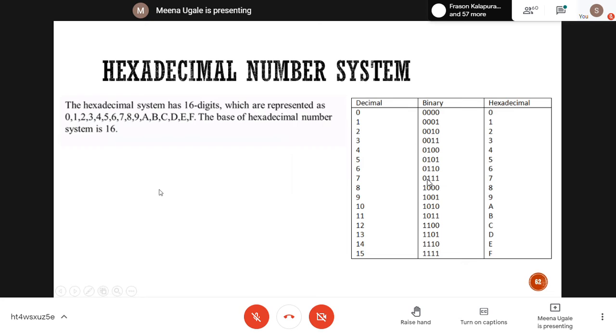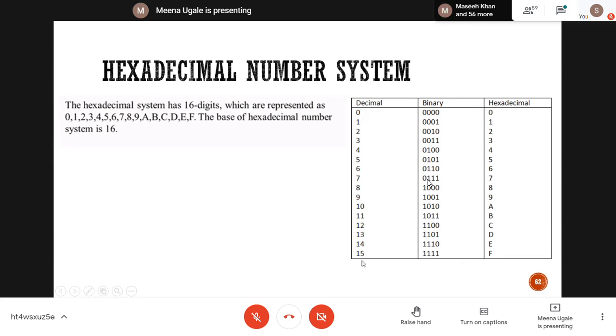Now the last point is there. We have 10 minutes. We will finish it up. Hexadecimal number system. In hexadecimal, we start from number 0, 1, 2, 3, 4 up to 9. Just see the third column of this one. I'm starting with 0, 1, 2, 3, 4 up to 9. That is the normal way we follow. But after 9, from 10 to 15, I'm going to consider A, B, C, D, E, F. These are the notations used because this is to the base 16.